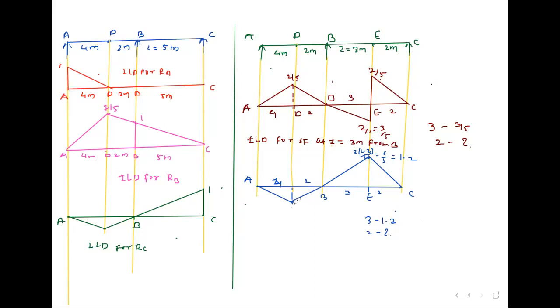This is the ILD for bending moment at Z, which is equal to 3 meter from B. So if hinge is provided at right side, only